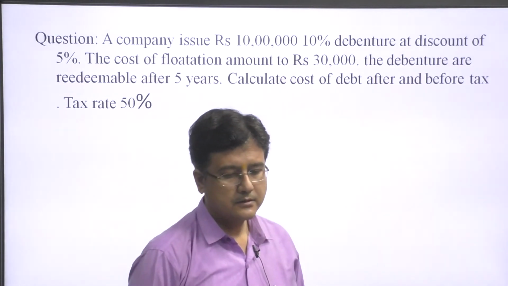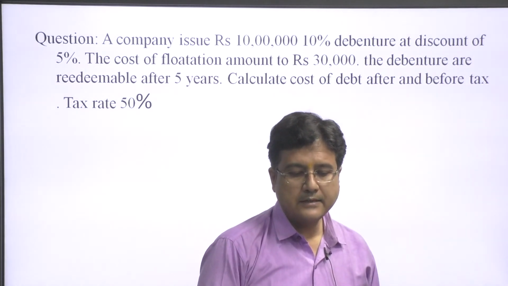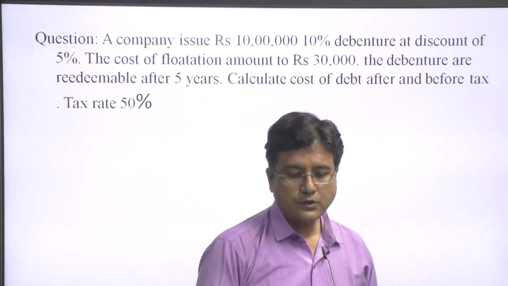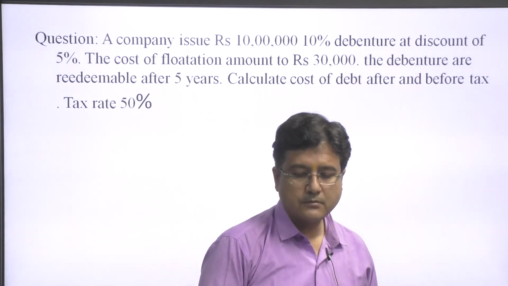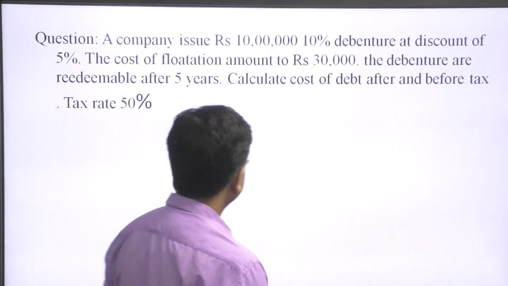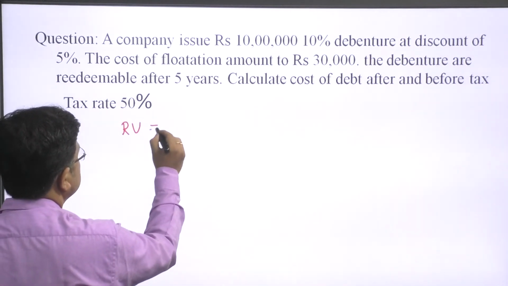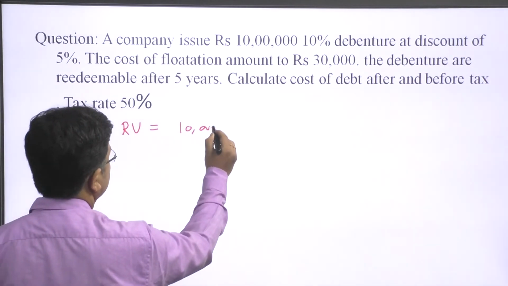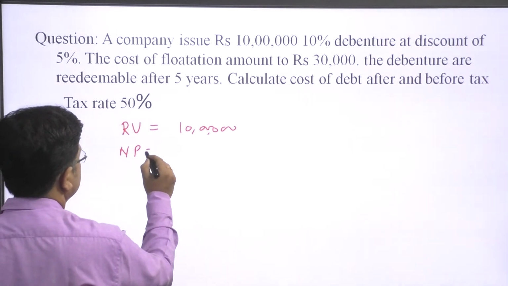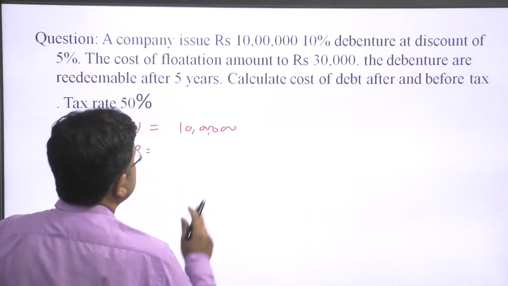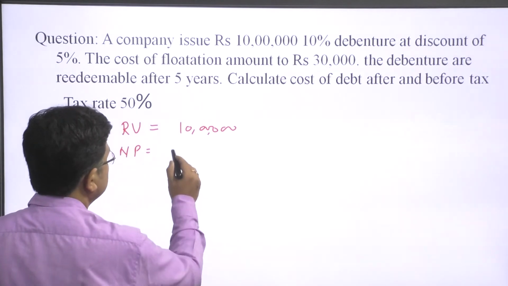Now, the question is: a company issues 10 lakh of 10% debentures at a discount rate of 5%, cost of flotation 30,000. Debentures are redeemable in 5 years and the tax rate is 50%. So here the redeemable value is 10 lakh, and net proceeds: the debenture is issued at a 5% discount. So net proceeds are 10 lakh